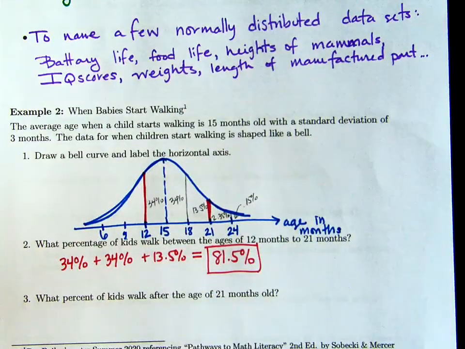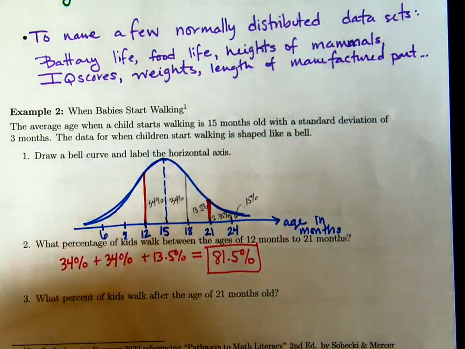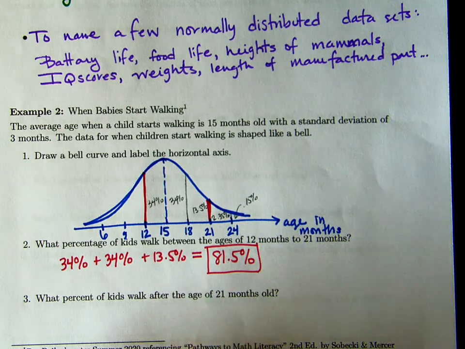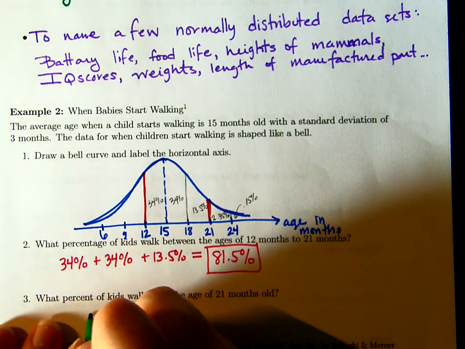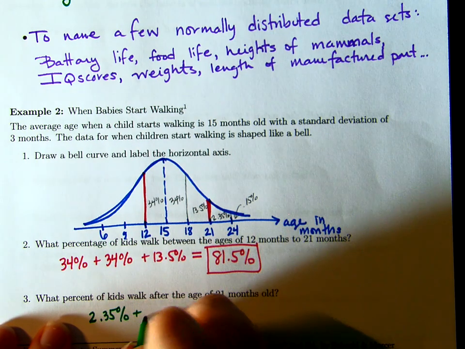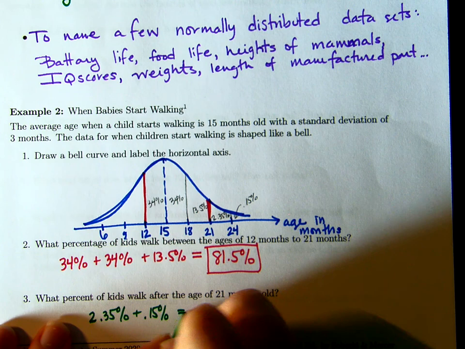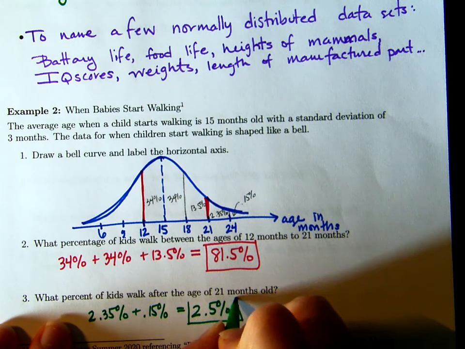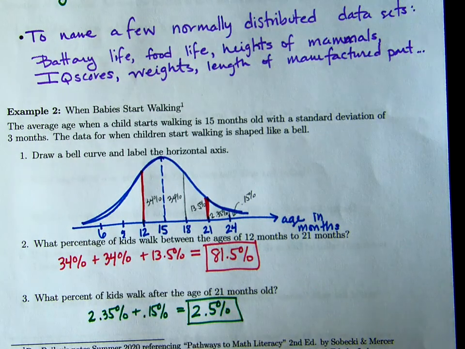So what percent of kids walk after they are 21 months old? Well, 2.35% plus 0.15% is 2.5% of them walk after they are 21 months old,